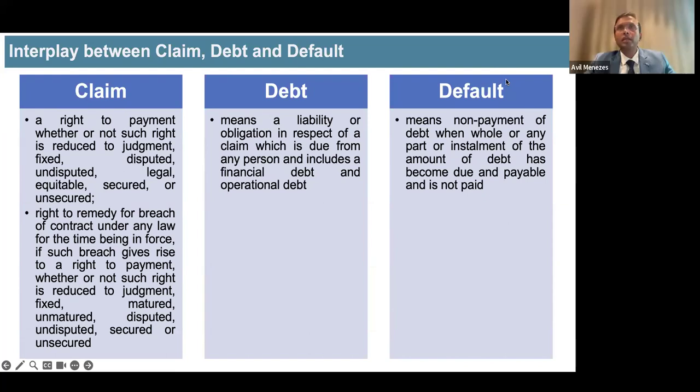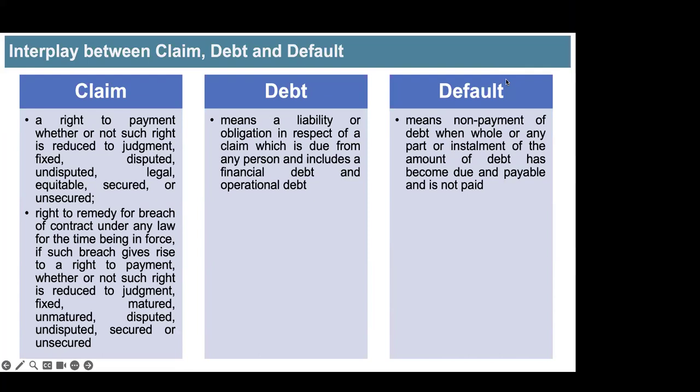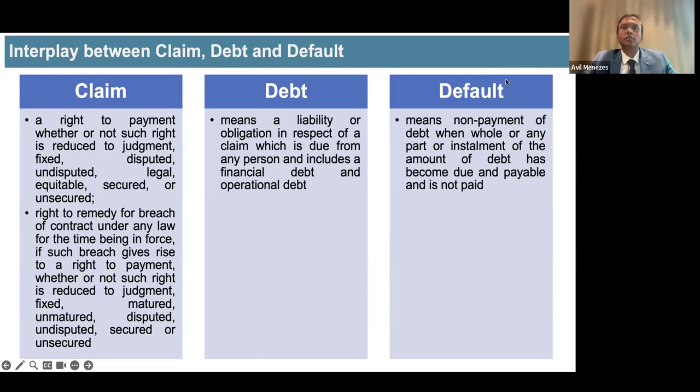So you can always say that I have got 6 claims. Out of 6 claims, I have admitted 3 claims, fully, partly, whatever. 1 claim I have rejected, 2 claims are under verification. You can say 2 claims are under verification because as an insolvency professional, you did not have those documents. The party did not provide those documents to substantiate those claims. So until and unless you are satisfied, you will keep those claims under verification.